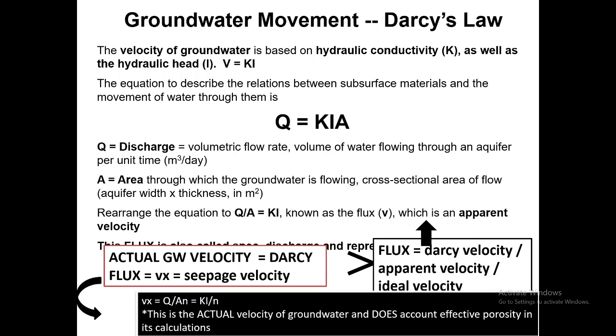Now, this is the apparent velocity which is actually taking place based on our experiment and on the real ground conditions. So actual velocity is equal to the Darcy flux and it is equal to the Vx. Now this flux is also called discharge and